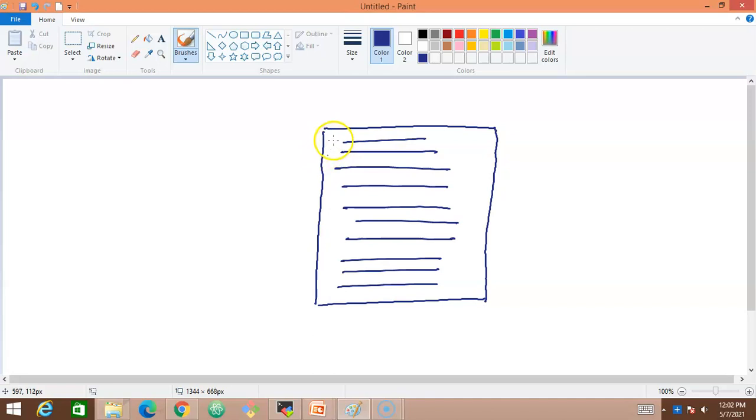Now my requirement is that I would like to view only the first 3 lines of this file. The first 3 lines of the file is called head. Now I have another requirement: I would like to see only the last 3 lines. It could be 3 lines or 4 lines or 5 lines or any number of lines that we decide. These last 3 lines is called tail.